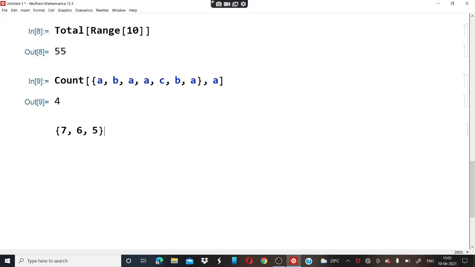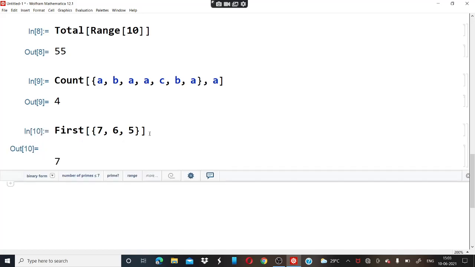Now if we want its first element, we are going to use this bracket, and before the list we will write first, because we want its first element. Then we press shift and enter, and we get the result as 7, because the first element of this list is 7.